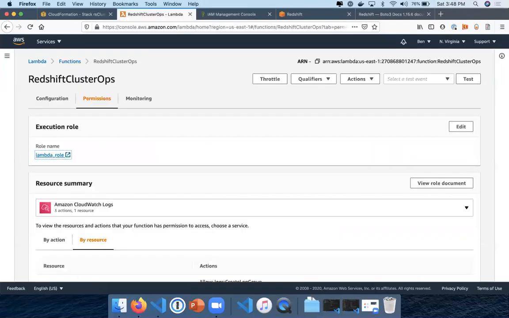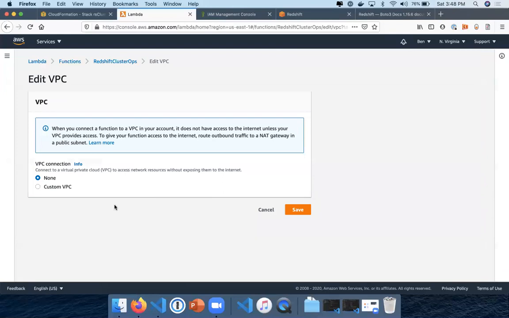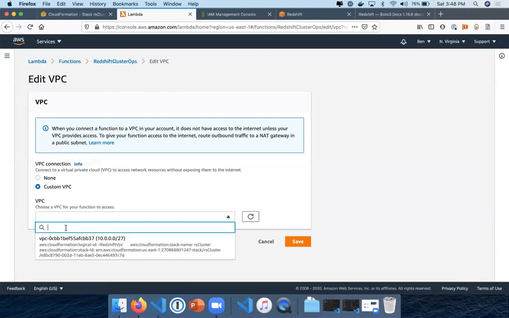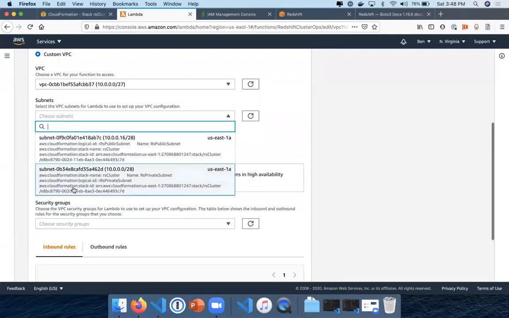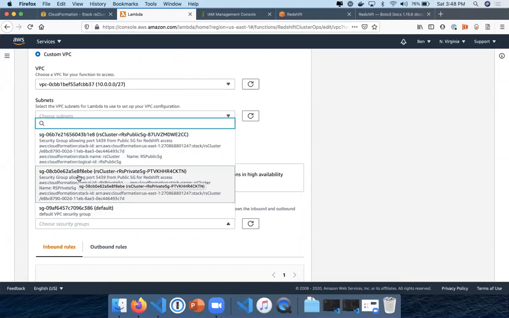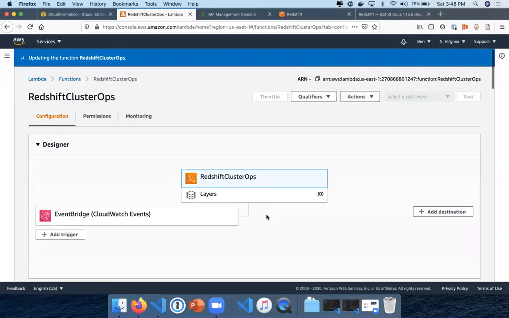Now that's attached. Now I'm going to go into configuration. Private. Save. And there you go. So that's going to take a couple minutes to update. I'm just going to pause the video. That took a pretty long time, but that finally updated. I'm just going to wait another minute so that